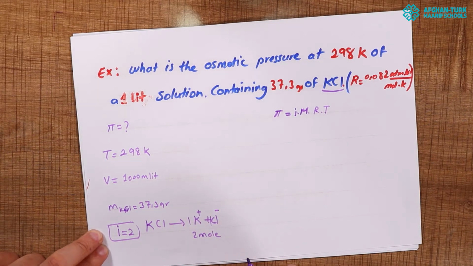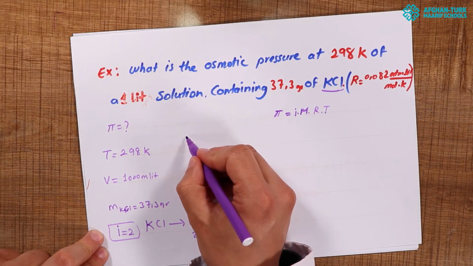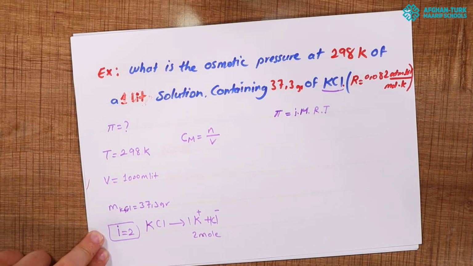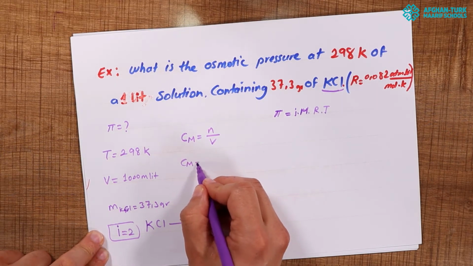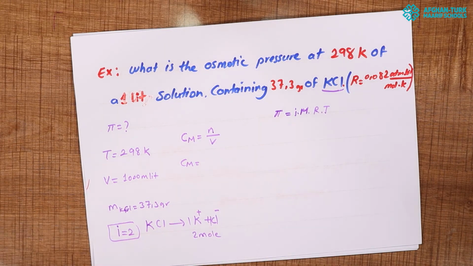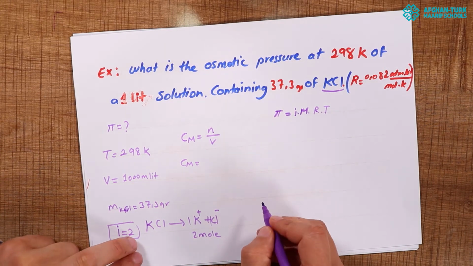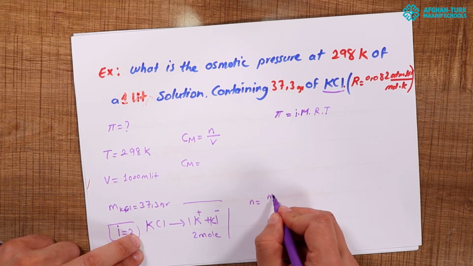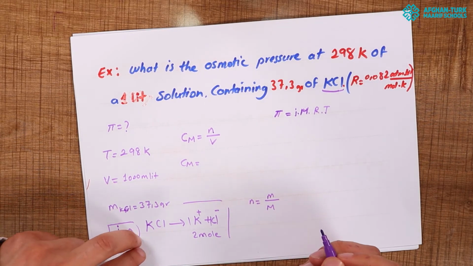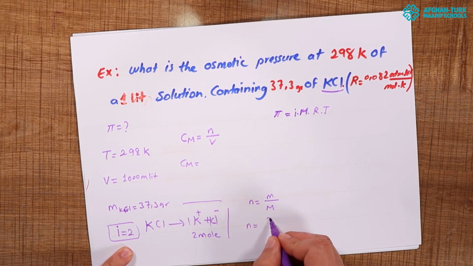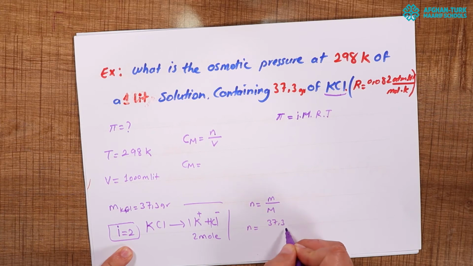According to this formula, we can find the concentration of molarity, which is equal to moles over volume of the solution. Also, we don't have the moles of potassium chloride. Here we can find that n is equal to mass over molar mass. The mass of potassium chloride is equal to 37.3 over